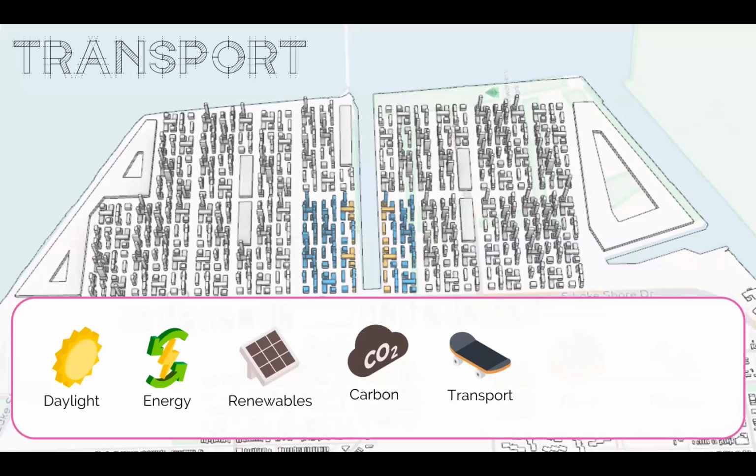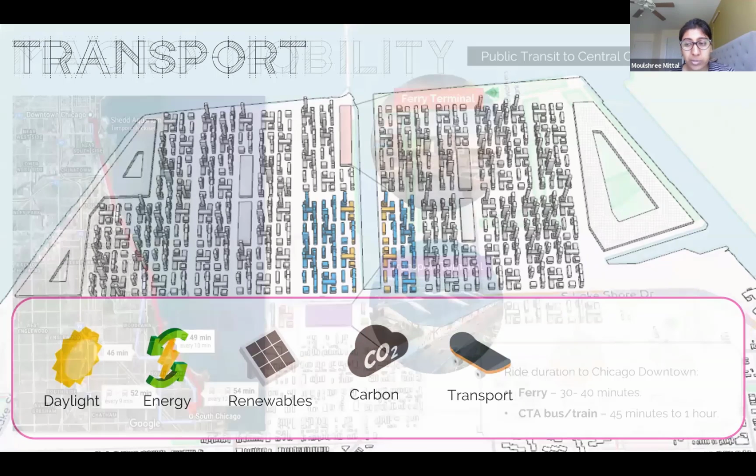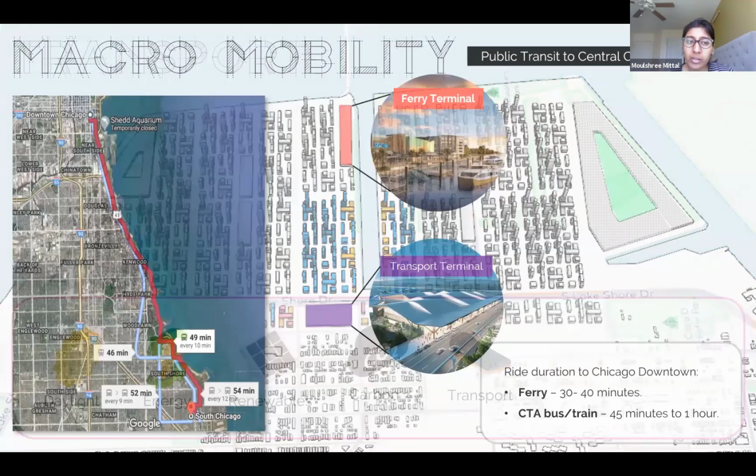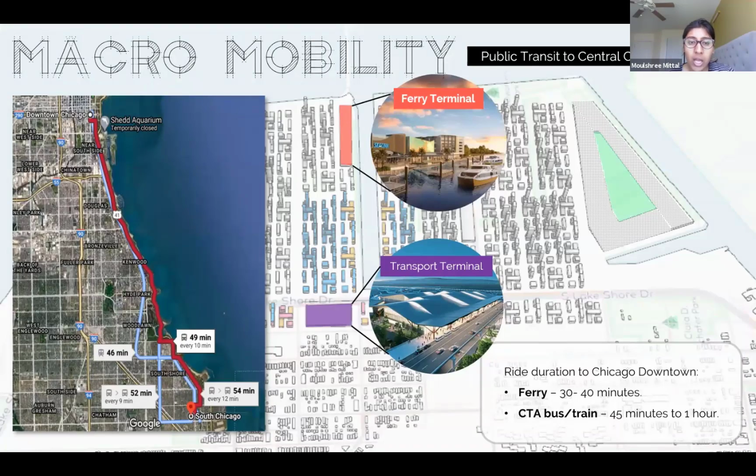So, Chicago. Thank you, Qian, for perfectly setting up the outdoor thermal comfort to lead us to talk about transportation and walkability. Starting from the macro scale, talking about the distances and times and the options we have to go in and out from our South Chicago